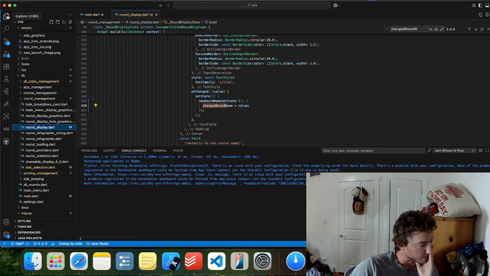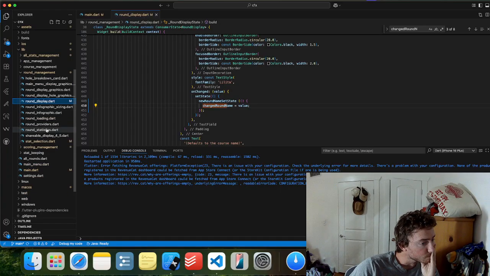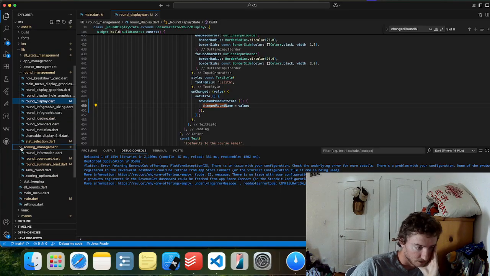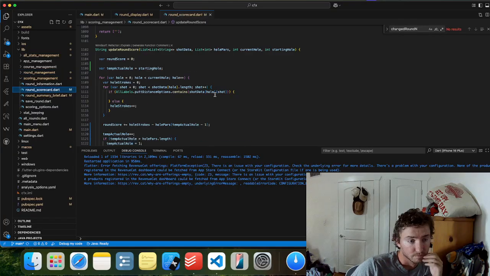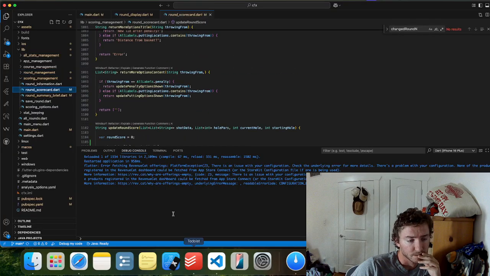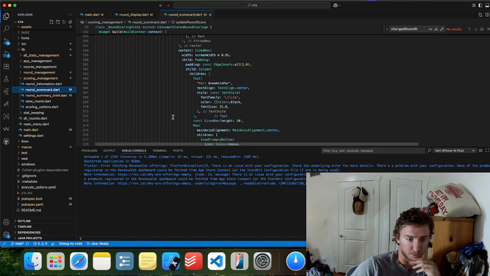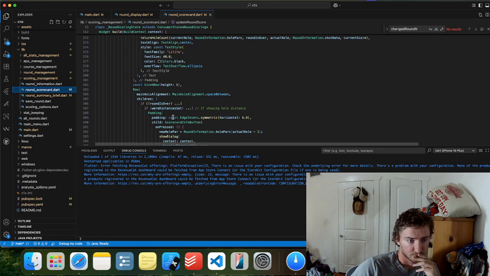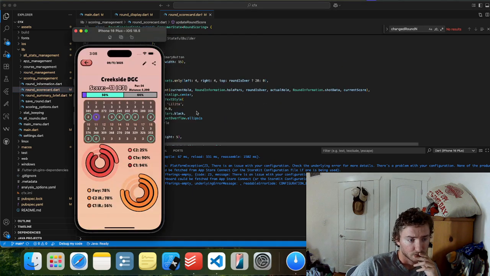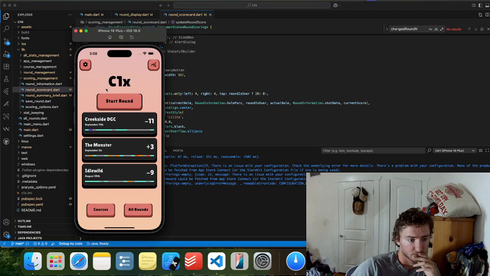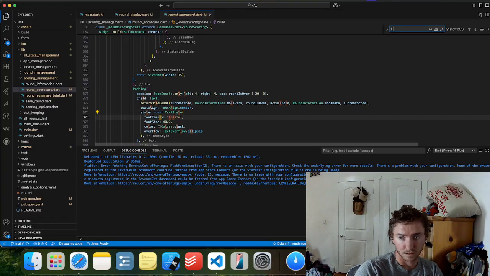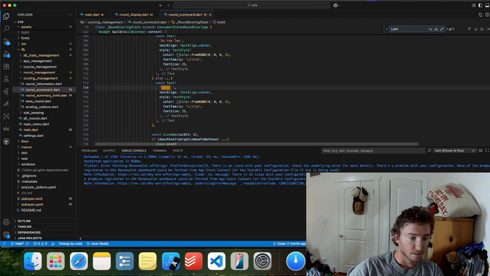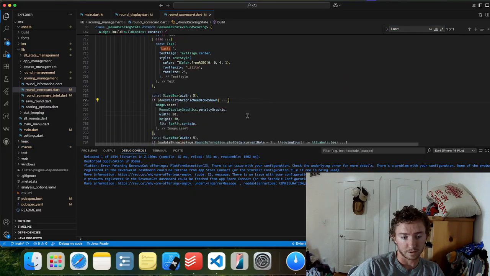All right, and then that penalty issue. Let's go find where I display it first. Last. Does penalty graphic need to be shown?